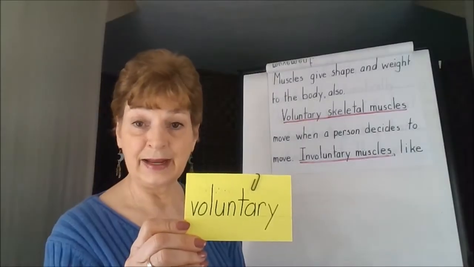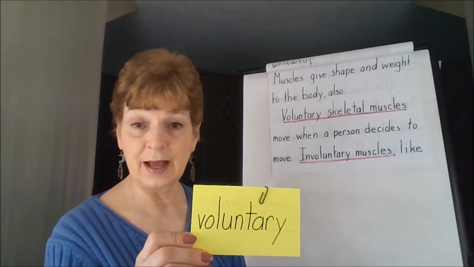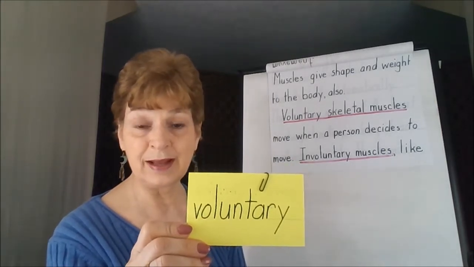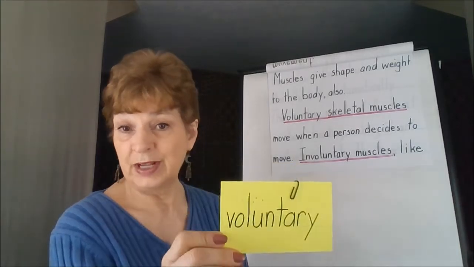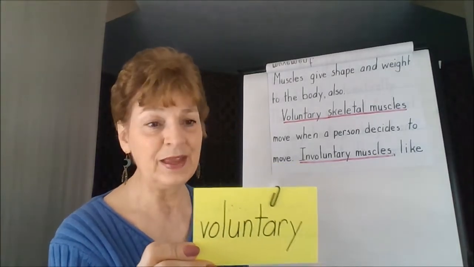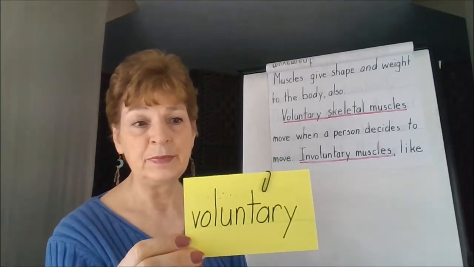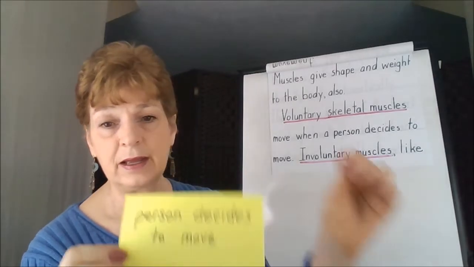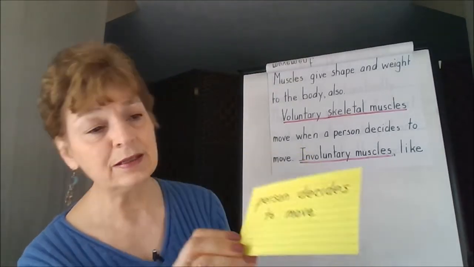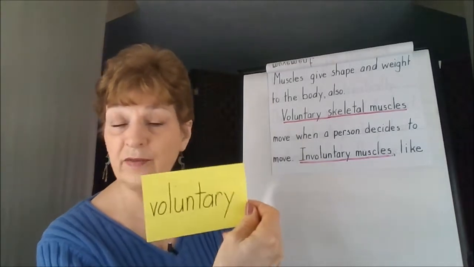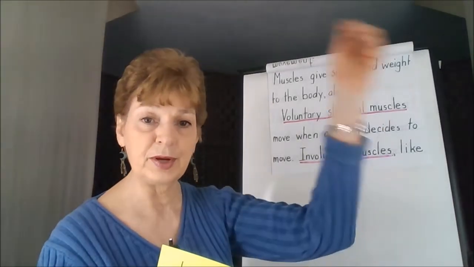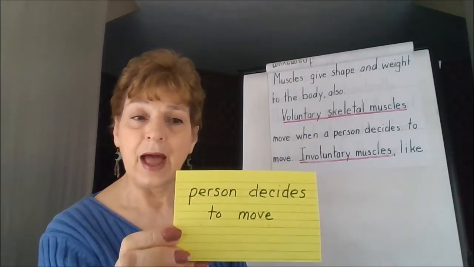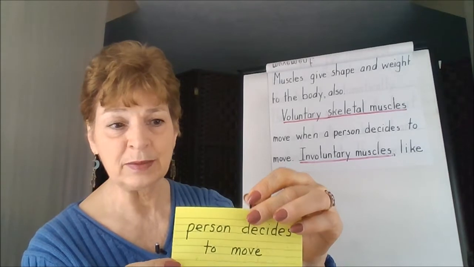Voluntary. Here again, I didn't say joints on the hinge or the ball and socket. I'm not going to put muscle on this either, so it'll make it too easy for you. So voluntary, we're going to associate it with the muscles the person decides to move. Okay, those are the voluntary muscles, when you decide to pick up your arm and scratch your head. All right, so I wanted to make sure that I talked about this one a little bit,